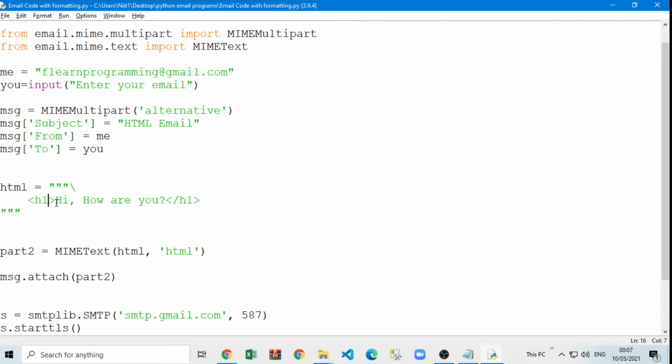So if you don't know, don't worry, just try to use some tags like this. See, I just use a simple tag here, it's called h1, so it is giving me a heading, and there are some other tags like this which give different text styles. So HTML is easy to learn. To send email you don't have to learn everything. If you just learn a few of the tags, you can send nice email.